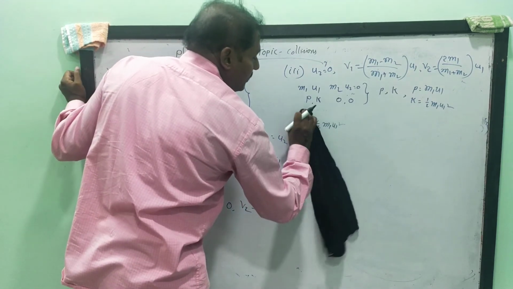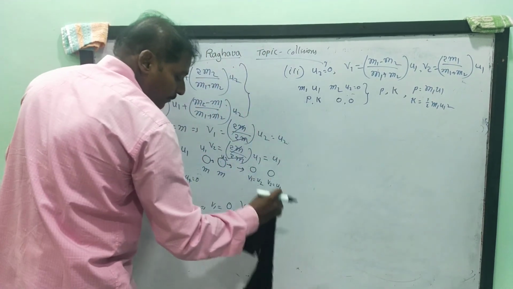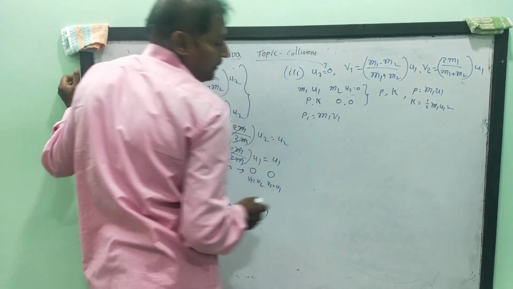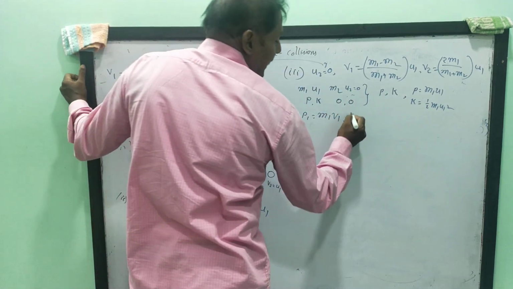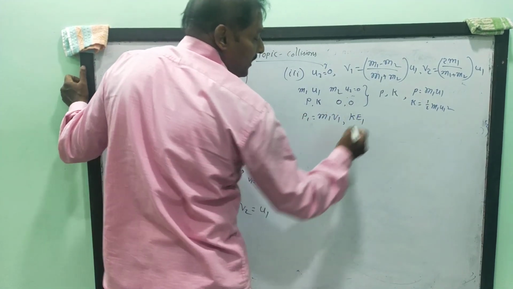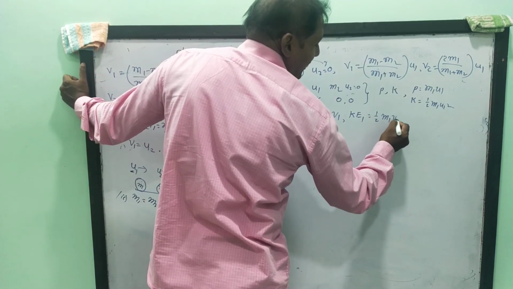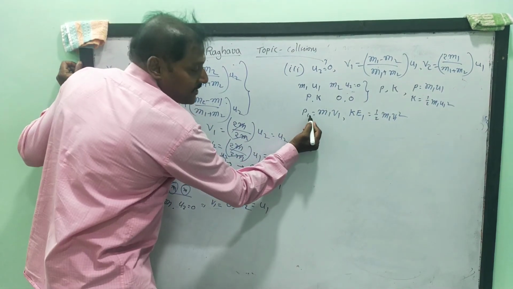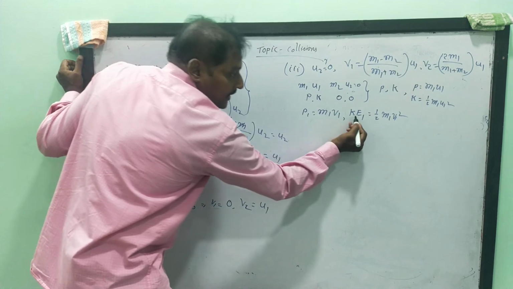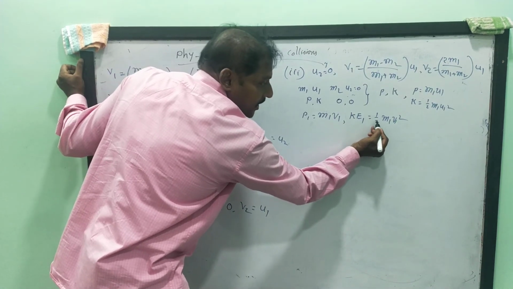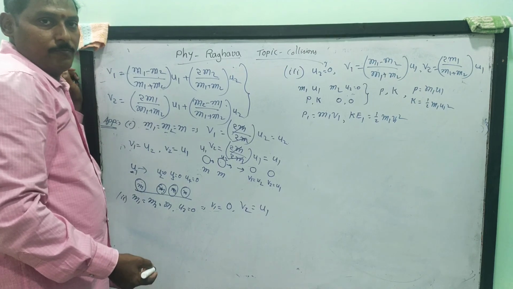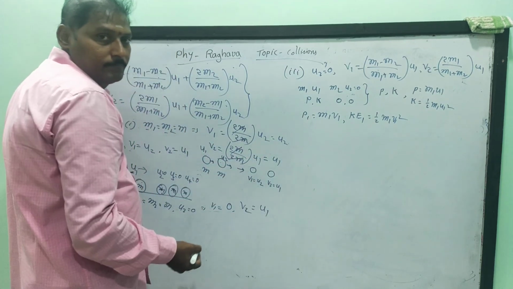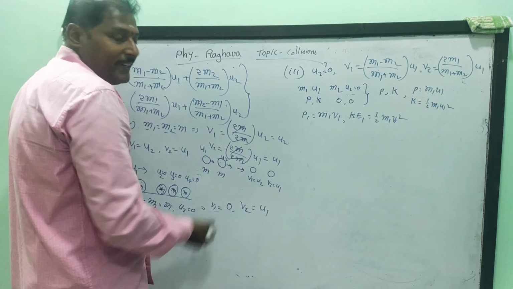So after collision, the momentum of the first body, P1, is equal to m1 v1, and its kinetic energy, KE1, is equal to half m1 v1 square. The momentum of the first body after collision is m1 v1, and the kinetic energy of the first body after collision is half m1 v1 square. The fraction of the momentum retained by the first body